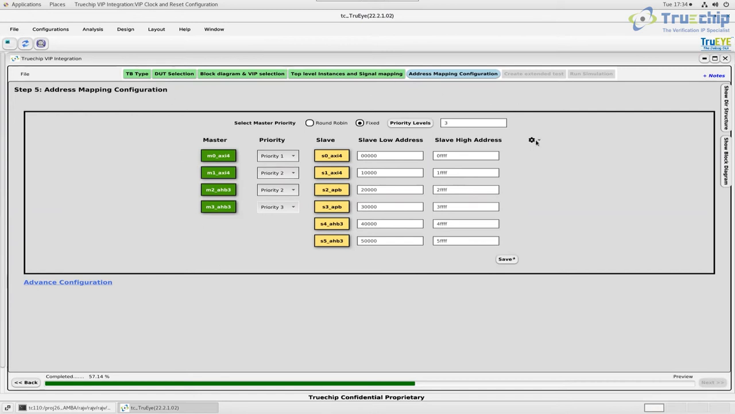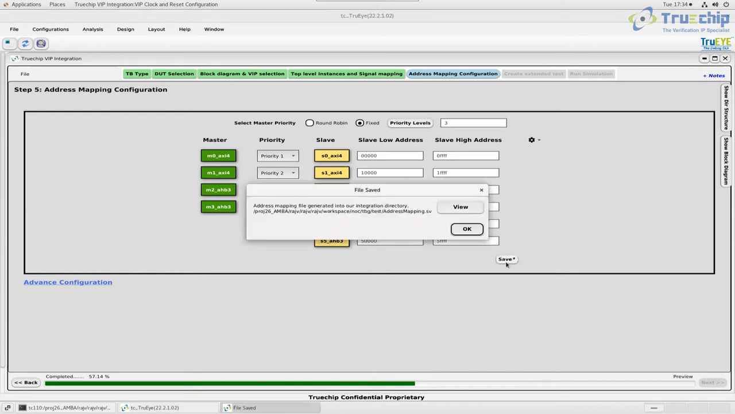One more feature of memory mapping is the setup file. So you can load the configuration file if you already have an existing start address, low address or memory map configuration. You can load that file, and if you want to update in the GUI, that is also possible, and you can save the configuration files. So just saving it,